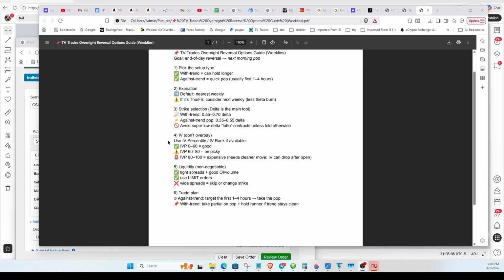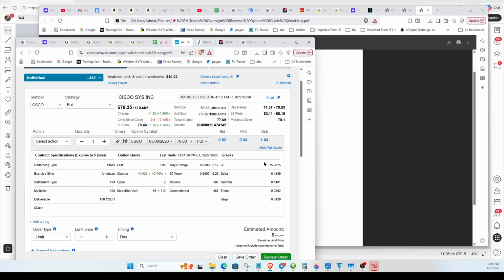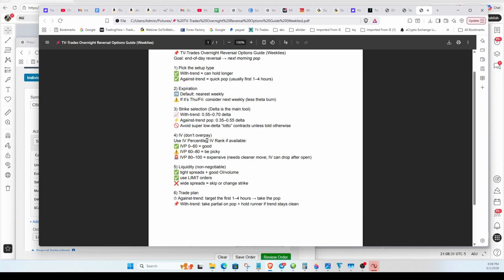All right. IV means the volatility, implied volatility, and typically the ones that we pick are going to be in this range. They're going to be good. Okay. They're typically going to be in that range. Right now, I have 25.68 on this one, and this is a Cisco call. Well, hang on, I'll show it to you in a second. But you see it's 25.68, and if you look in here, 0 to 60 is good for what we're doing,